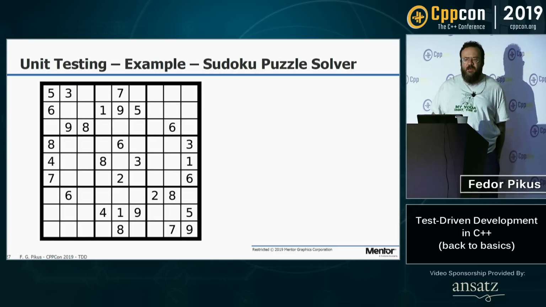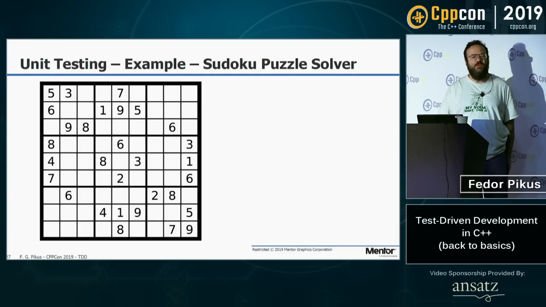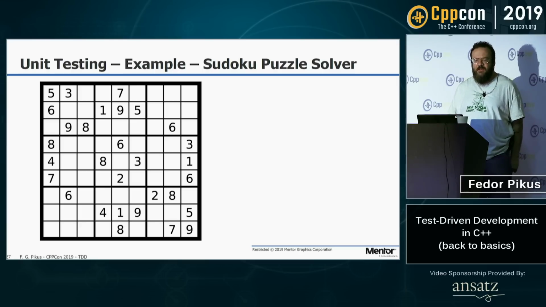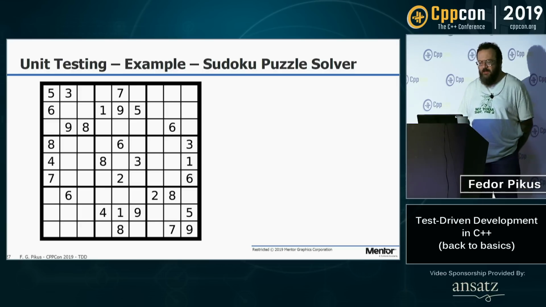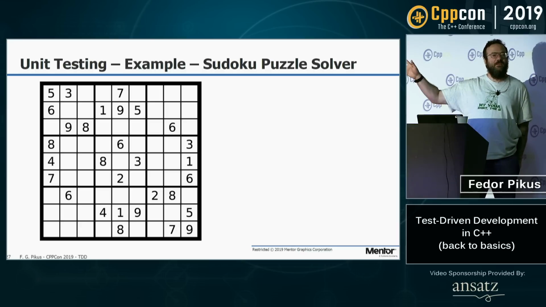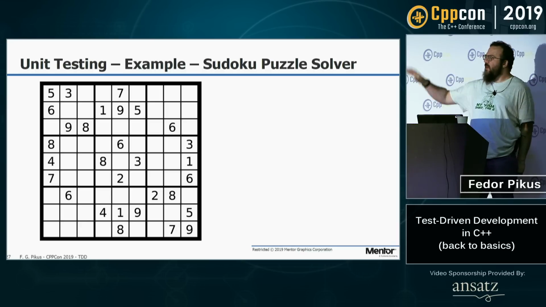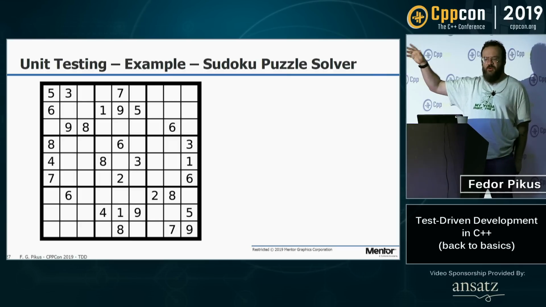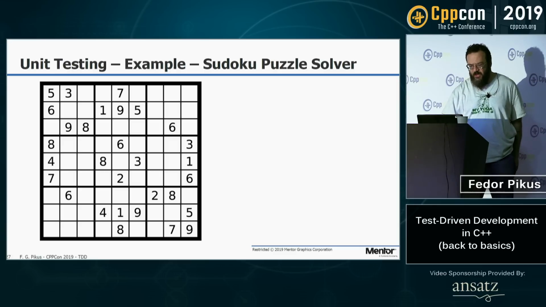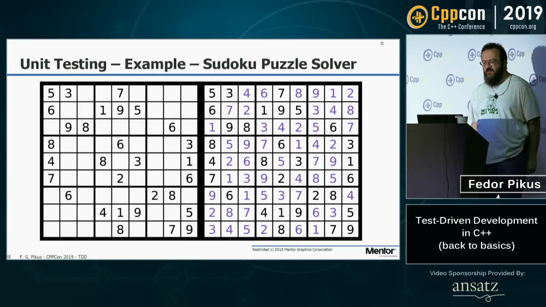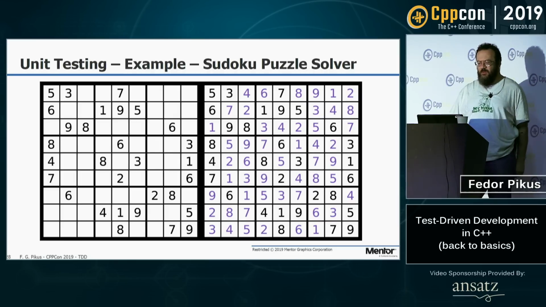Throughout the talk, we'll be using this example. I want to write a solver for the Sudoku puzzle. It's not particularly hard, easy to show, that's why I'm going to show some of it. Everybody knows what the Sudoku puzzles are, right? You get the square, 9 by 9, there are some digits in it. You have to fill the rest of the digits. The rules are every row, every column, and every little 3 by 3 square must contain all 9 digits. So no repetitions in any column, in any row, in any square. So this is how the filled one looks like. If you look through every column, every row, every square, you'll find there are 1 through 9, one of each.